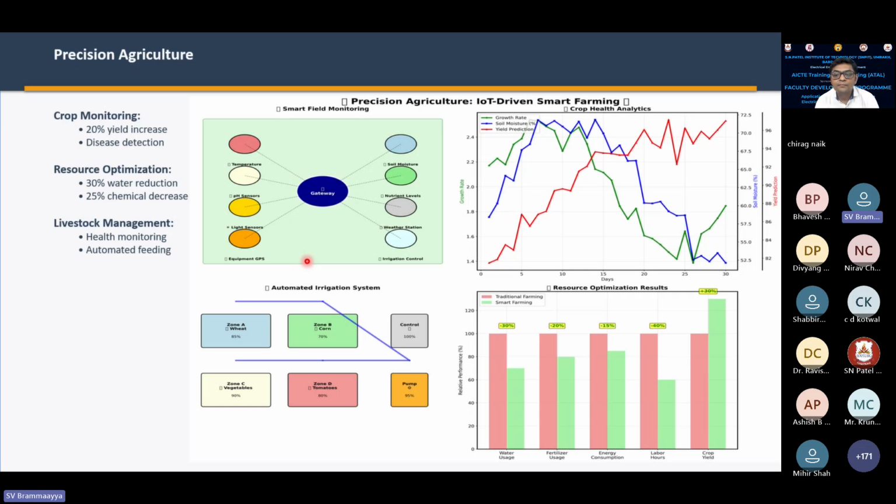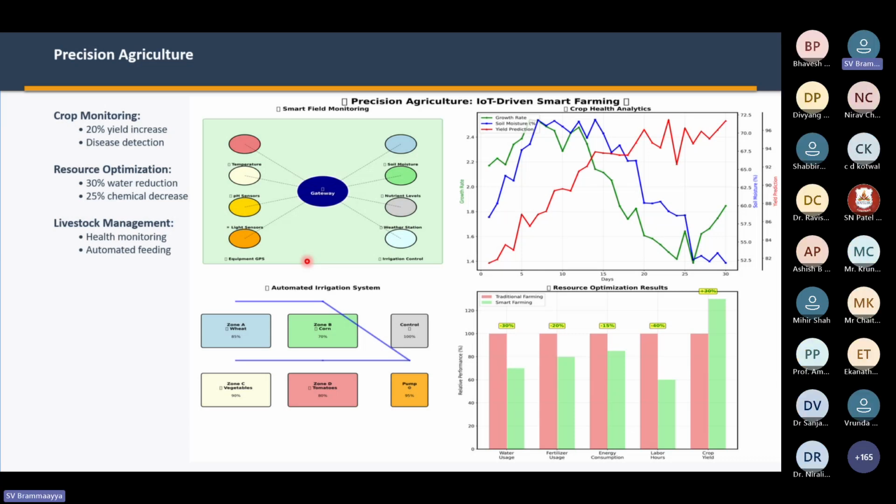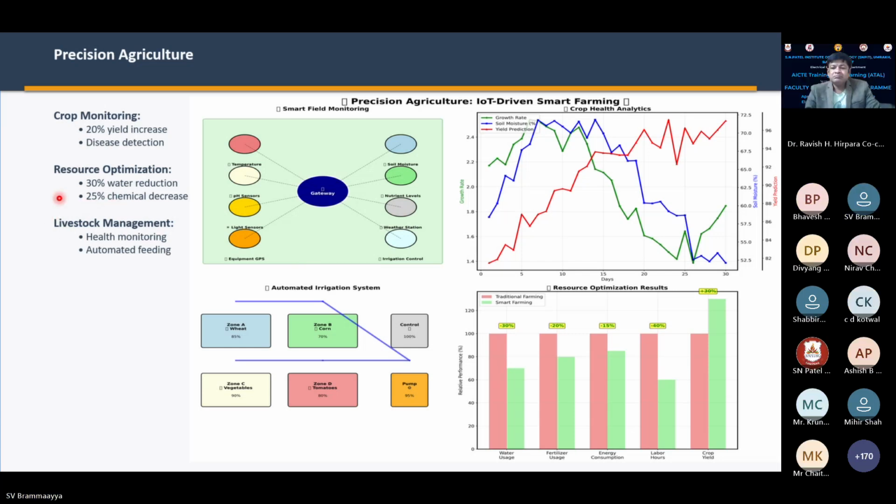Agriculture is increasingly adopting AIML-enabled IoT to address challenges such as water scarcity, crop diseases, and productivity demands. Especially in crop monitoring, IoT sensors and drones collect data on soil moisture, temperature, and crop health. The AI models analyze this data to detect diseases early and optimize crop growth, resulting in up to a 20% increase in crop yield. The machine learning driven irrigation and fertilization systems enable a 30% reduction in water usage and about a 25% decrease in chemical